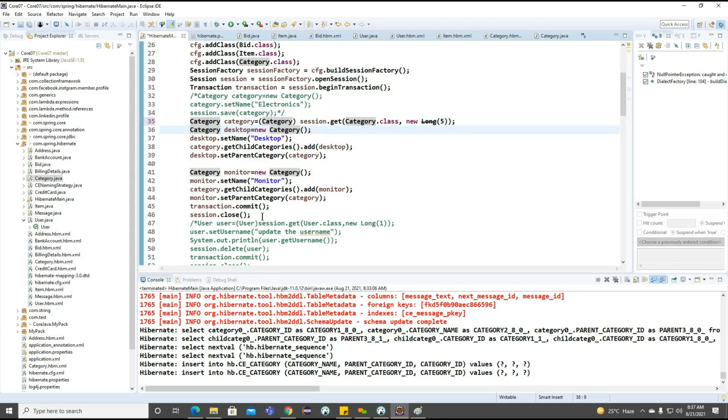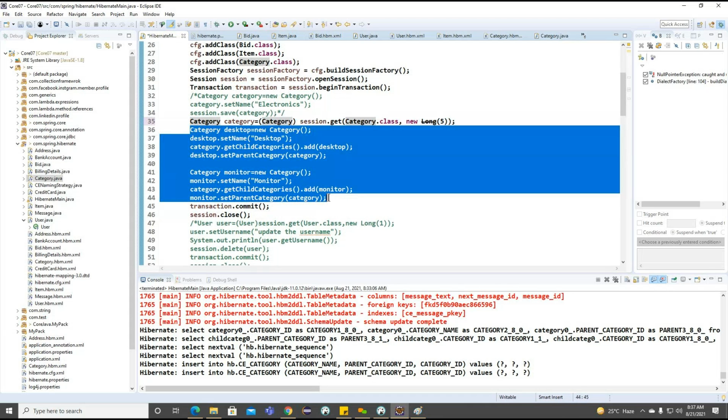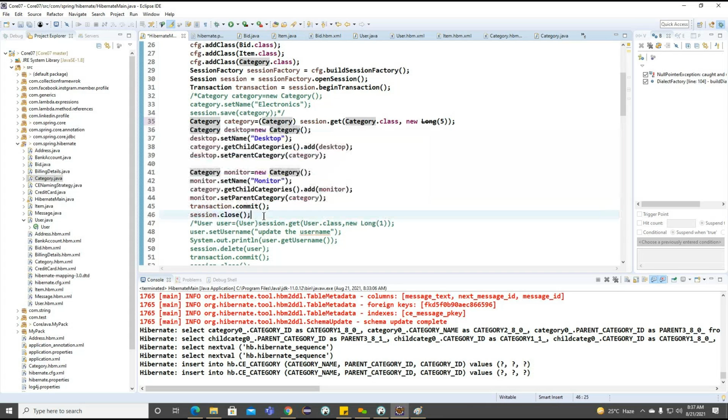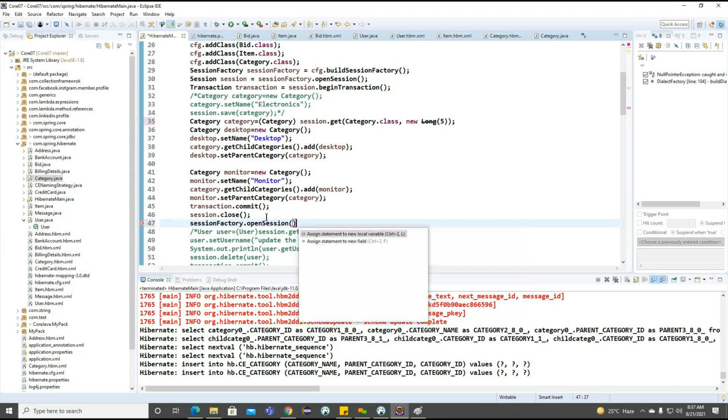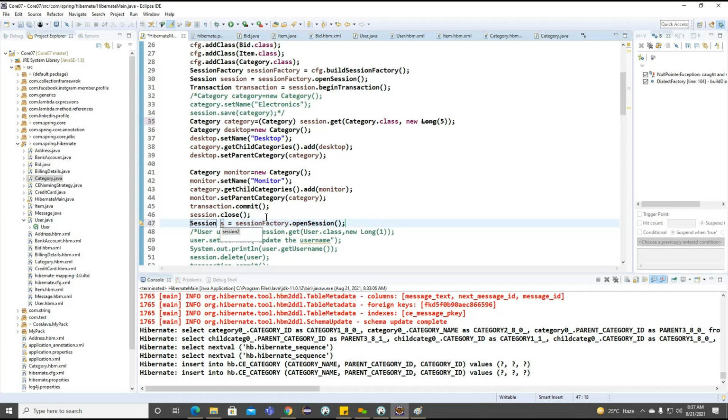Okay, and these two sections I want to work on one more another session here. Session 2 we created here.